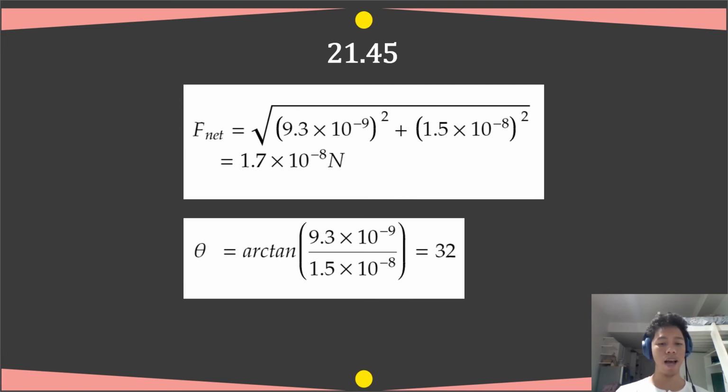And in order to get the angle, we simply use SOH CAH TOA, in which case we use arctan of opposite over adjacent, which is 9.3 times 10 raised to negative 9 over 1.5 times 10 raised to negative 8, which will equal